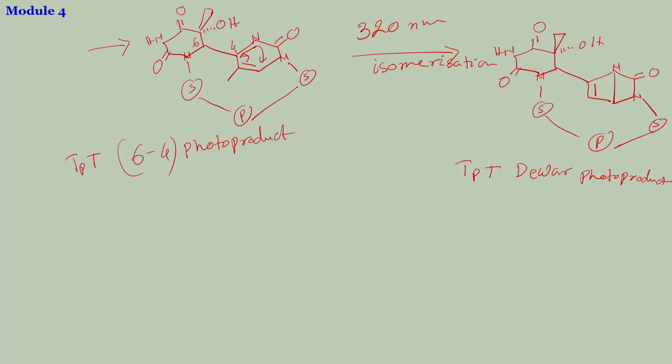They all have been isolated, they all have been characterized, and in different kinds of DNA, different kinds of genome have been exposed to UV radiations, and they mainly form such kind of structures. So, Dewar isomers, you can also write it like